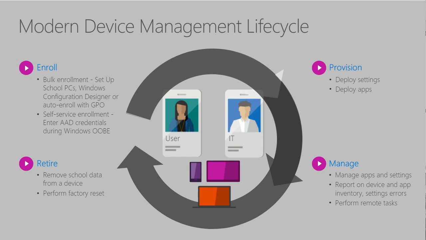I mentioned the Autopilot scenario where they're pre-associated with the tenant, or you can get a CSV file from your reseller and import those into Intune yourself. We can use things like Windows Configuration Designer and Set up School PCs to create a provisioning package that you just put on a little USB stick. When you open the device, you pop the little USB in, you turn it on, it says, thank you, I copied it down locally, you can go to the next, and that will walk through all the steps of getting the devices enrolled for you.